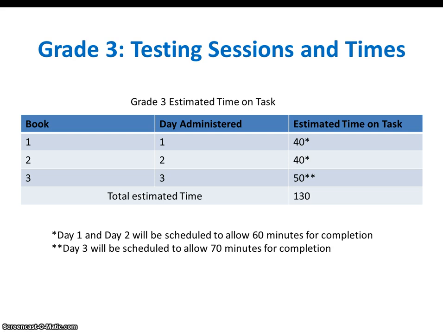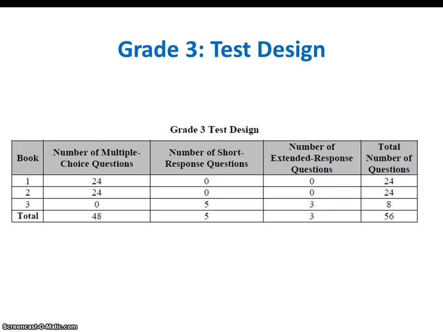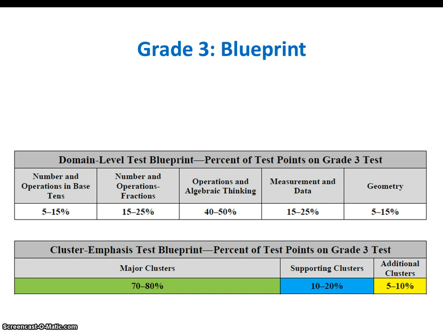Grade 3 testing sessions and times. There are 3 books over 3 days for a total estimated time on task of 130 minutes. Please note that days 1 and 2 you need to allow for 60 minutes and day 3 70 minutes. The test design for Grade 3 is multiple choice, short answer, and extended response. In the blueprint,